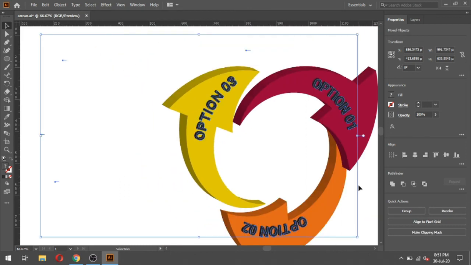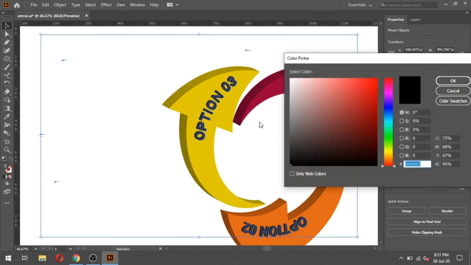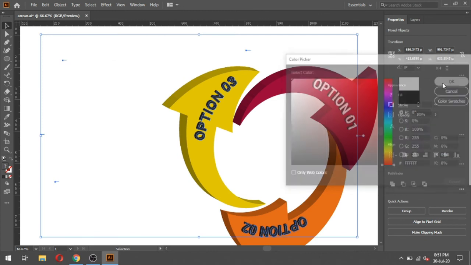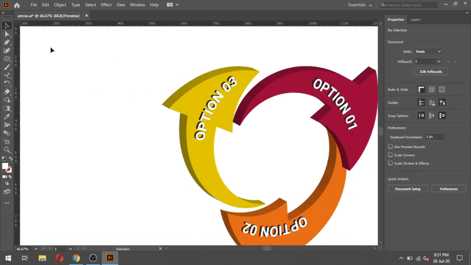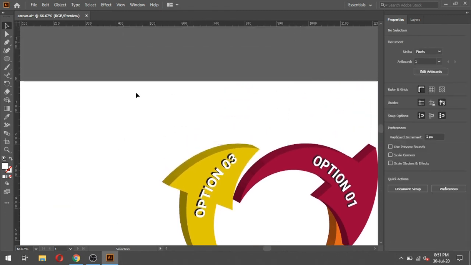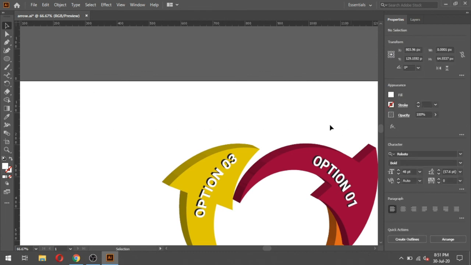Now change the color. Using this technique selection is very easy. Change the color. Here are some unwanted objects, remove them. Delete all these objects.